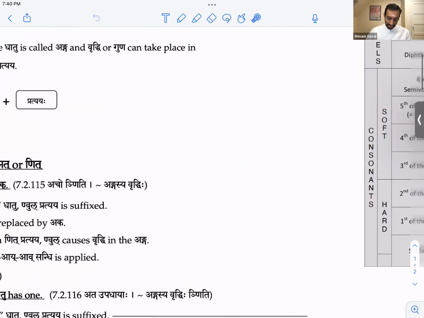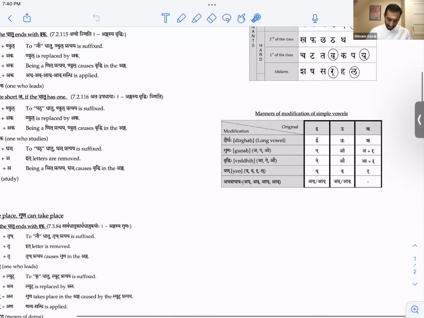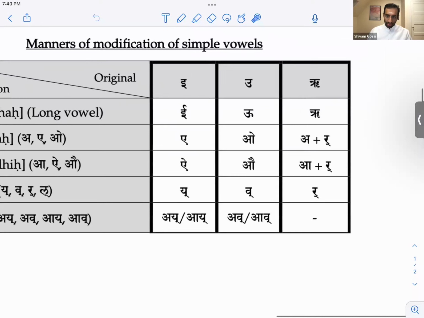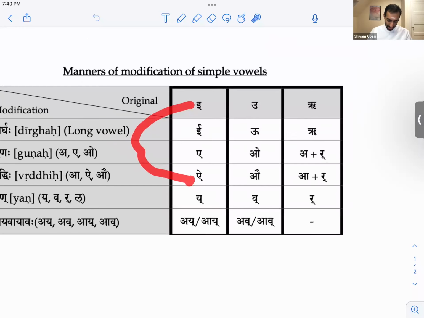When I say vriddhi, of course, we know that when we're talking about vriddhi, e becomes ai, u becomes au, this ṛ vowel becomes ār. Okay.